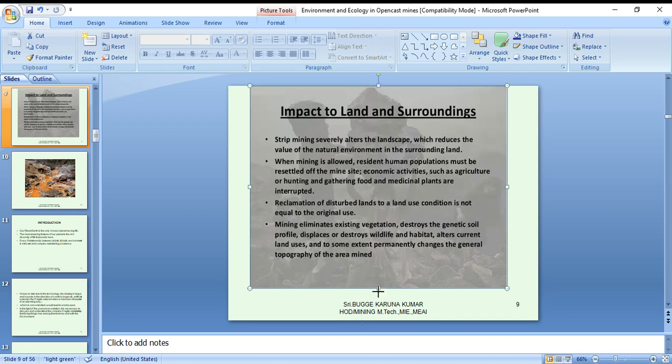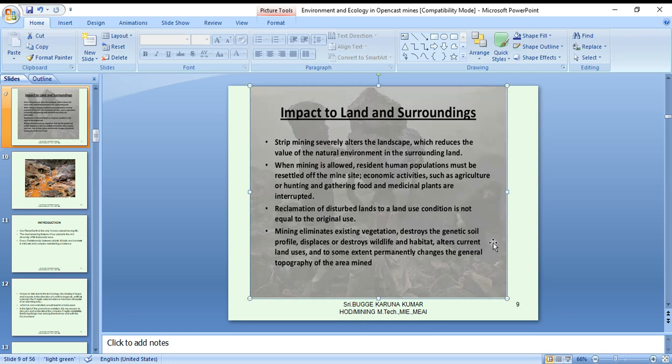So this slide is completely about how mining impacts the surrounding land due to the mining activities. Most open cast mines, from the box cuts onward, depending upon the ore reserve availability, have a stripping ratio, as you already learned in earlier classes, with a single angle changing the overall angle of the slope.